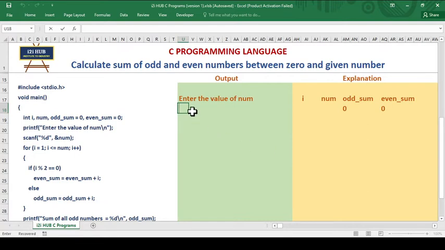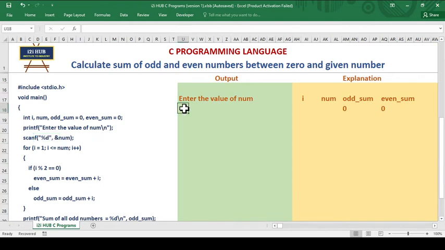For the next statement we have scanf. scanf means it is expecting and accepting some input from the user, right? And what is it expecting? It is %d, that means an integer.